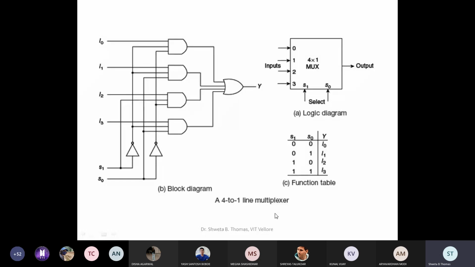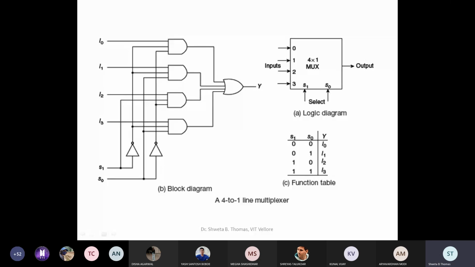So either for 4 variable or 3 variable, you have to take from the Morris Mano book, and some numerical questions are there, both solved and unsolved. You prepare, and numerical related to this multiplexer, you have to prepare for your quiz 1. You understood what I am telling you?